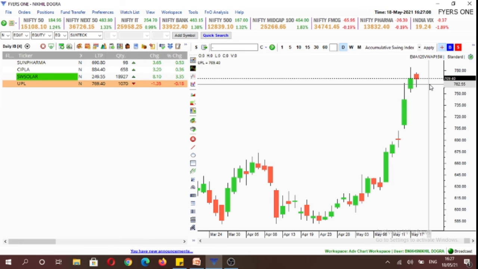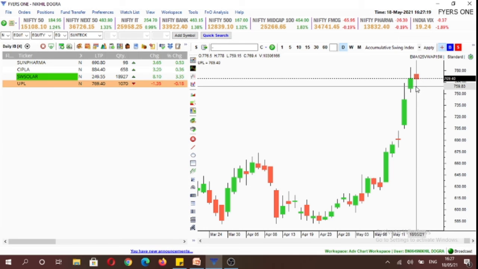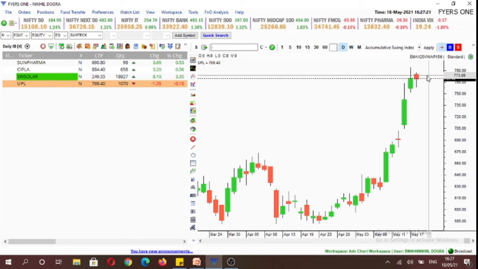That is, these stocks have made inside candles today. It just tells us that there's an equilibrium between both the buyers and the sellers, which resulted in the formation of this inside candle. We'll look for a breakout on either side of the range to establish a position. So a breakout in either direction would be our trigger to enter these stocks. If they trade in between the high-low range, we'll not be making any trades in these stocks.